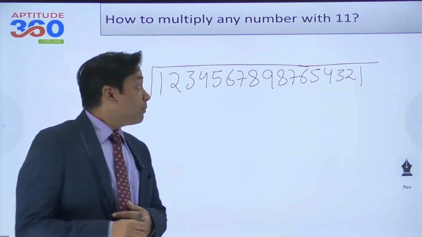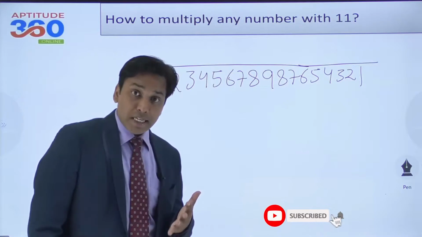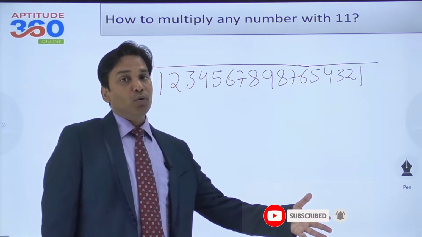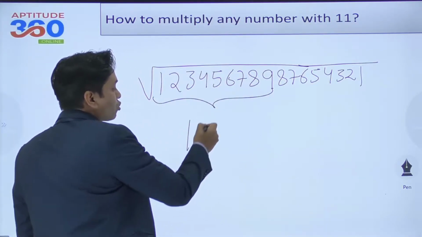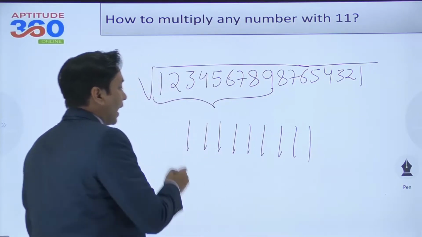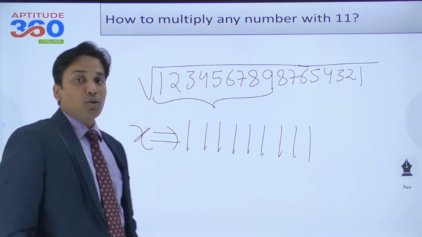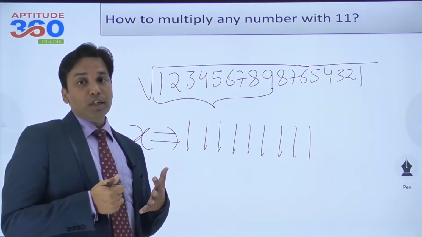Hello everybody, would you be able to find out the square root of this huge number, say in 5 seconds? If you want to do that, watch this video till the end and you will very easily be finding out the answer. And you know what the answer is? The answer is 1 2 3 4 5 6 7 8 and then 9. So if it is x, this is going to be the value of x. Let us get started. Let's find out how we are going to do that.